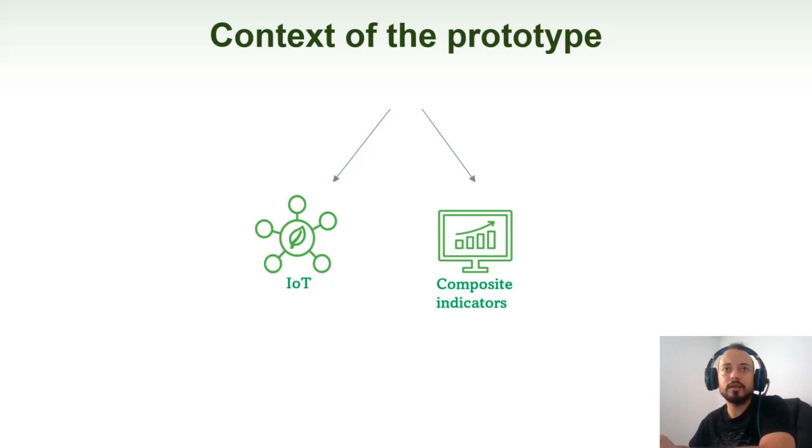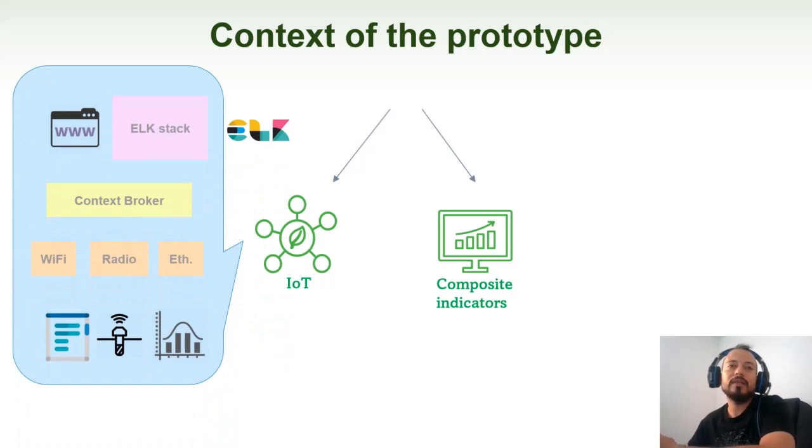First, regarding Internet of Things, we have developed a platform clearly based on open source solutions that provides heterogeneous data coming from heterogeneous sources and origins, inserting them into the platform via different access networks, with Wi-Fi, radio, Ethernet in this case, among others, drawing everything together into a context broker, following traditional IoT techniques, but always building upon open source solutions.